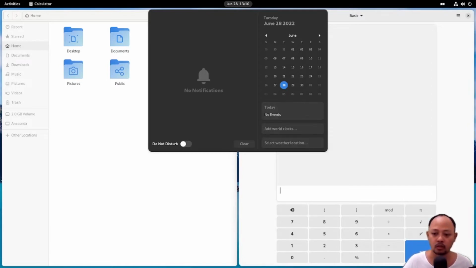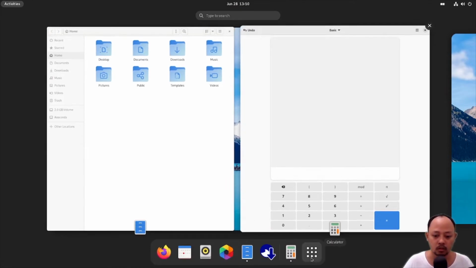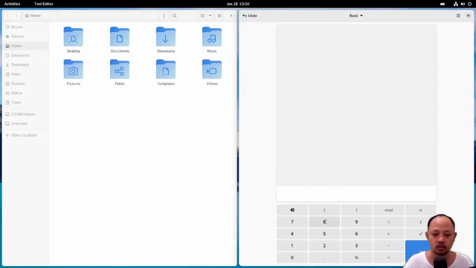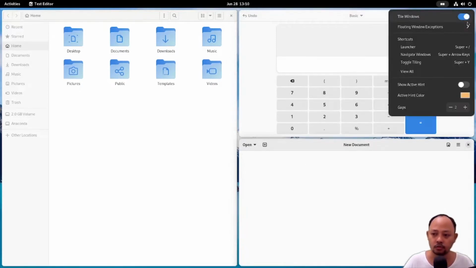I mean like a window above the other window like that. So when we open another app, for example, text editor. Okay, it's very great, very useful. Show active hint. What is this?